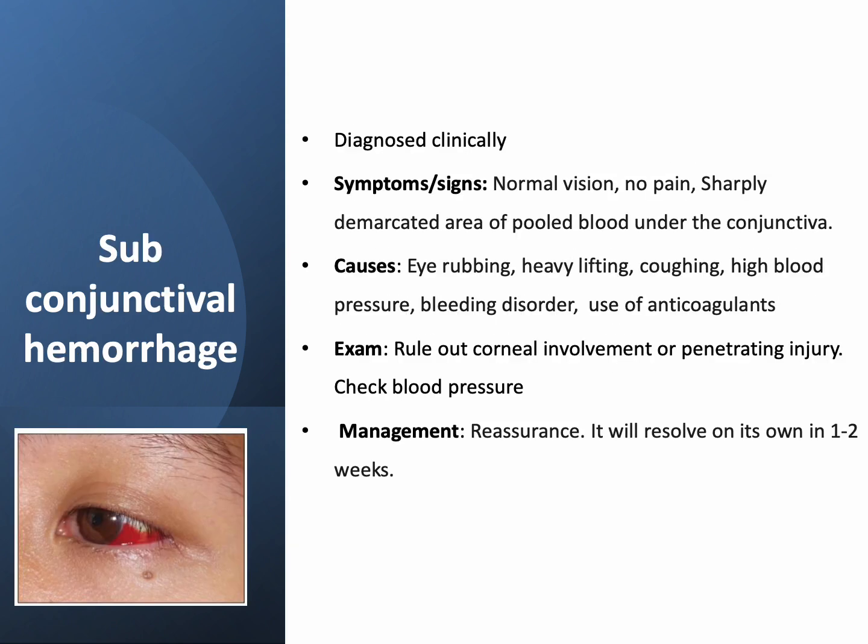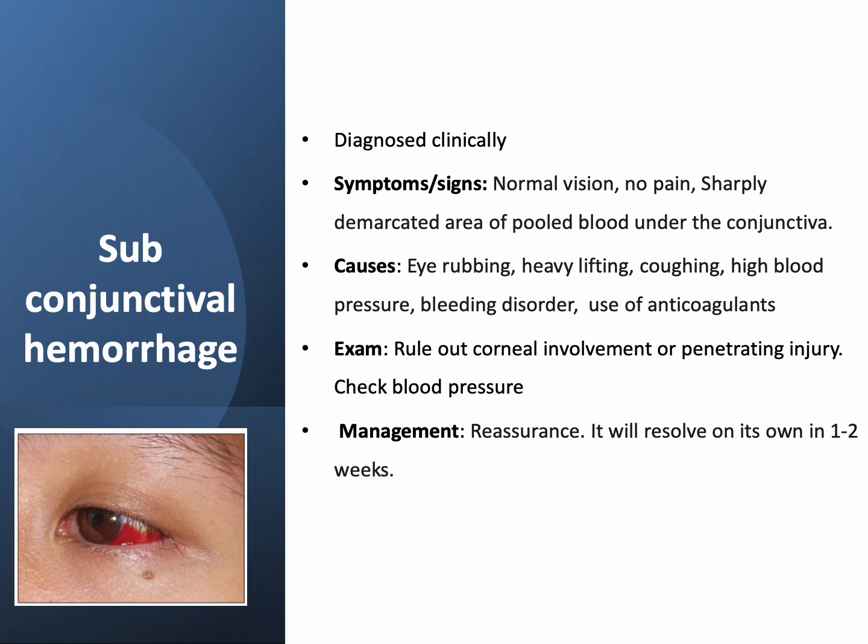Other benign conditions include subconjunctival hemorrhage. It's diagnosed clinically. Usually the patient has normal vision and no pain. They complain that they suddenly woke up from sleep and saw this red patch on their eye. You will see a sharply demarcated area of blood under the conjunctiva. You should rule out any trauma